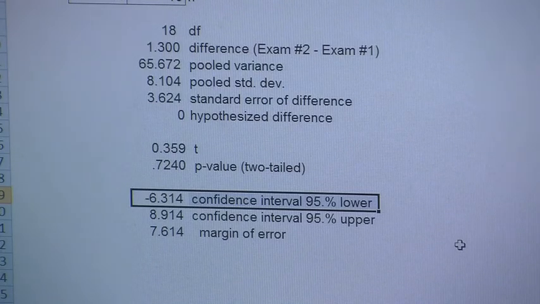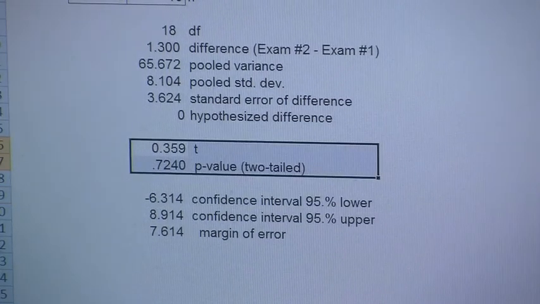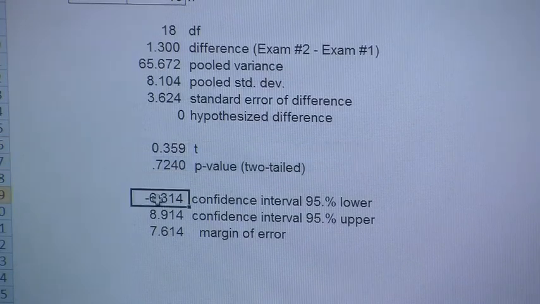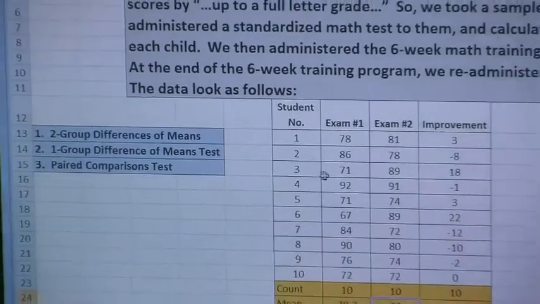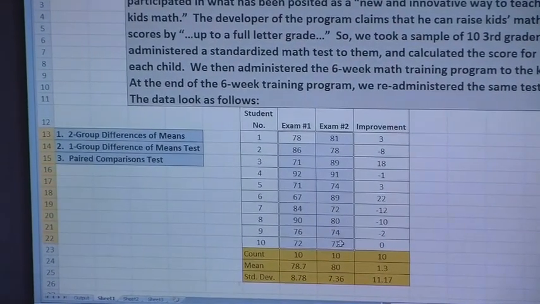So I encourage you to continue to develop your ability to read and interpret this Megastat output, with particular emphasis on making sure you understand how to do the T and the P calculations to decide whether to reject or fail to reject the null hypothesis, but also to pay close attention to this margin of error and the confidence levels. Okay, so using that data back here, using this data, we did a 2-group difference of means test with